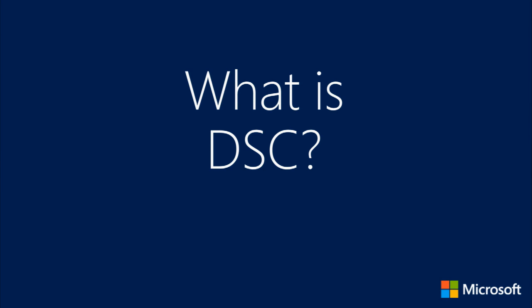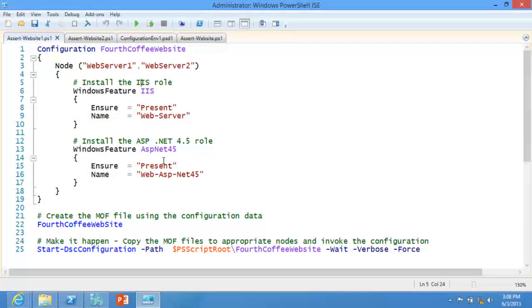So, what is desired state configuration? We're here to talk about PowerShell and desired state configuration. So if this thing will switch over, there you are, code. Behold. This is PowerShell and desired state configuration. Now, before I go through it in too much detail, I am going to start it, but I want to show you what this is.